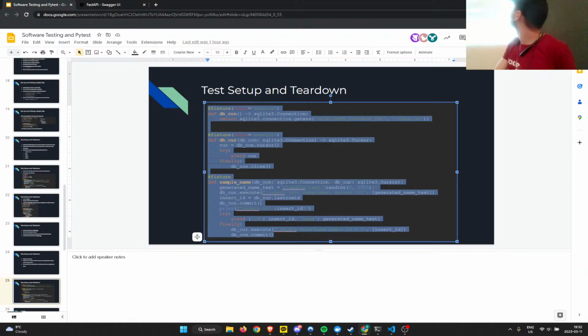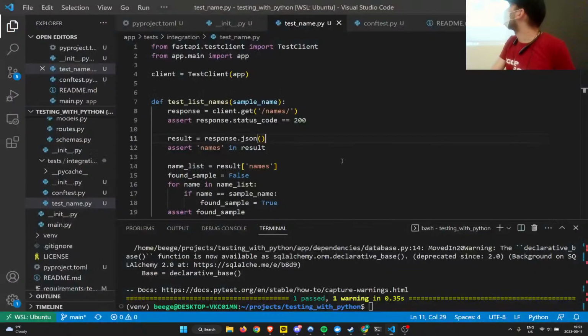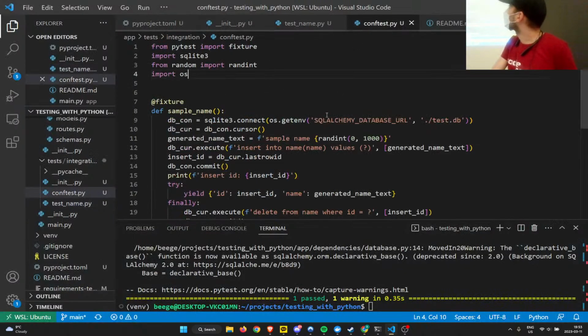Would it be better to just use, instead of DB current, import from the app getDB and then just reuse that function for DB current? So I don't want to import any code from the app, because that's not the code under test. Okay, got it. Yeah, I mean, ideally. There are cases where that's not reasonable, but yeah.